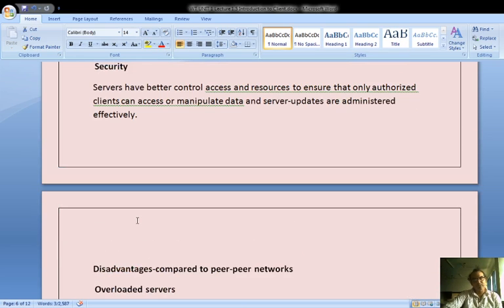Next, the part is security. With the help of the client server model, we get very good security aspects for our services.